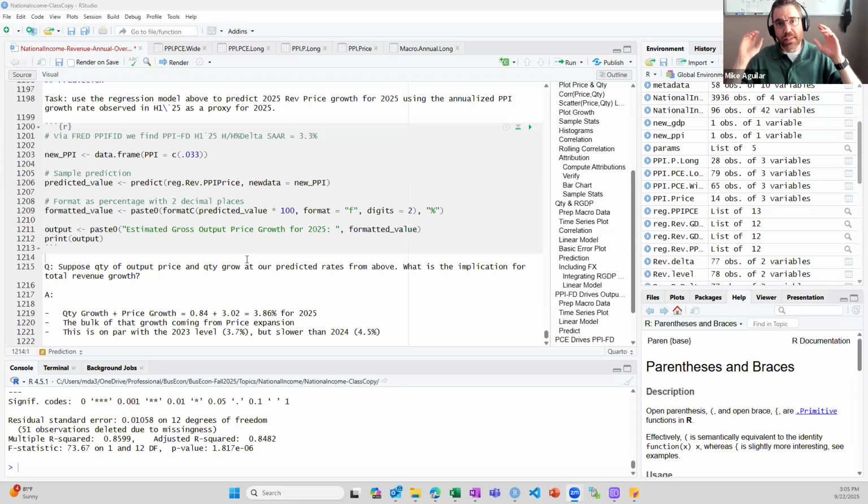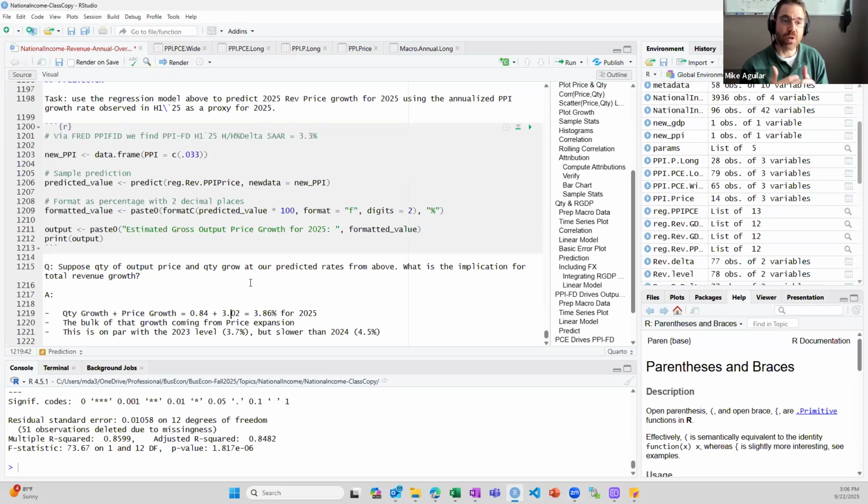All right, so go back to where we started our story. We're looking at top line revenue growth in the United States for all companies, corporate, sole proprietorships, etc. Total revenue, we think because of the relationship with GDP, could grow by about 0.8 percentage points in 2025 if GDP continues moving at the pace it currently has been. That's the 0.84 right there. Next up, what's going to happen to pricing? Well, if PPI continues moving at the pace it has been for the first half of 2025,